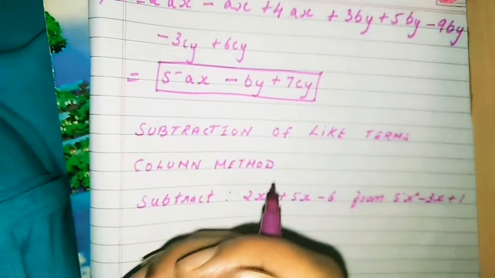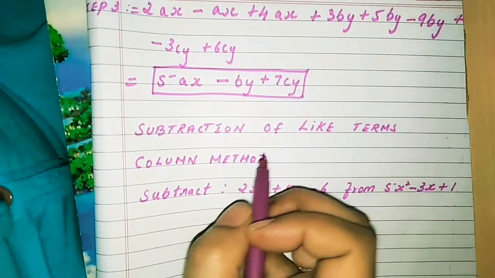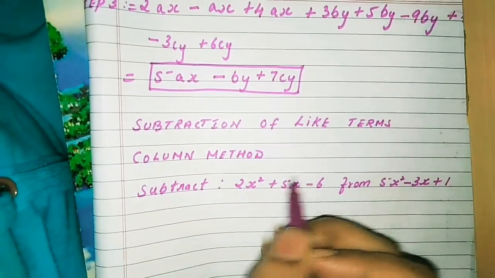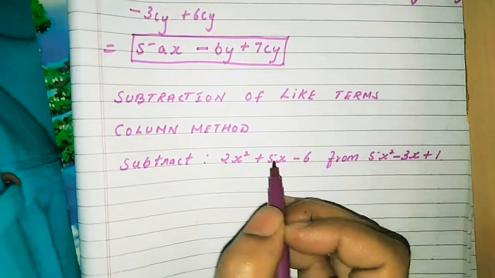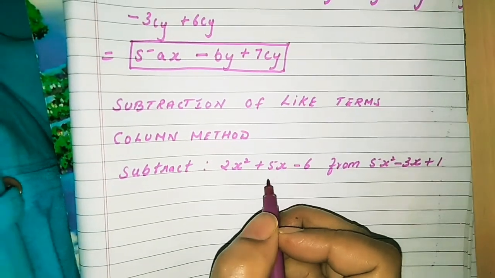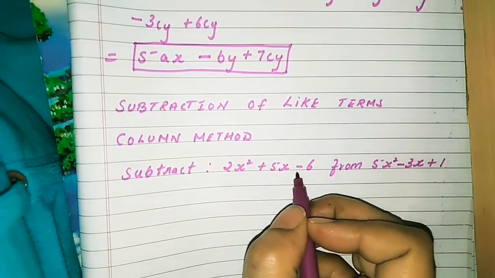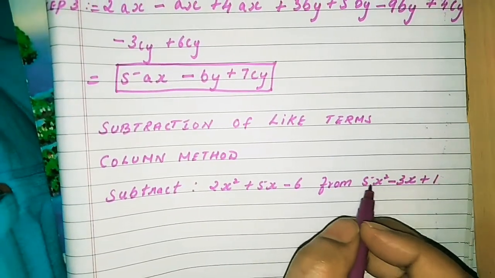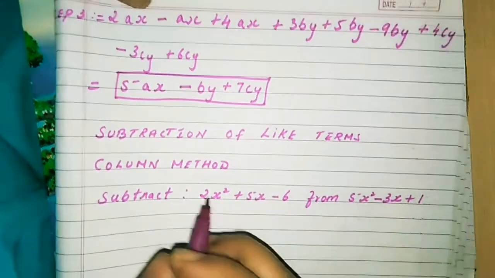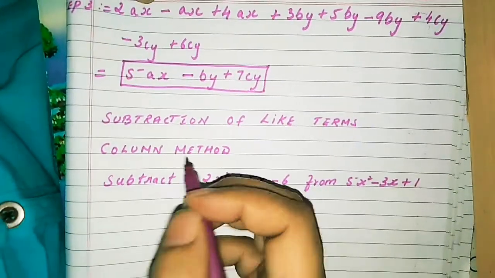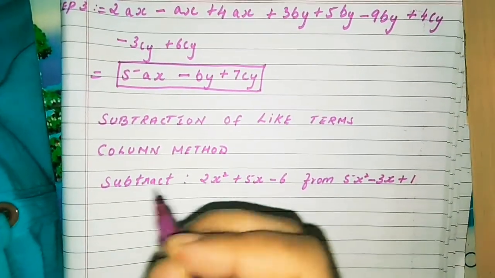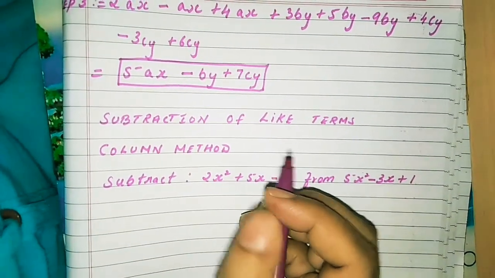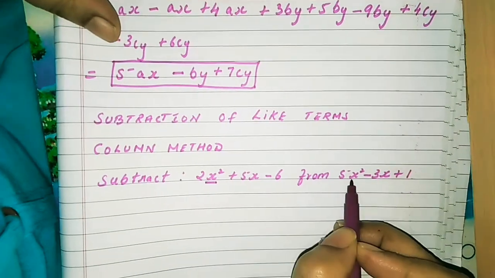Now we will learn how to subtract like terms, using the column method. I have a sum here to be subtracted: 2x square plus 5x minus 6 should be subtracted from 5x square minus 3x plus 1. So the first step here is I have to arrange these expressions in two rows in such a way that the like terms